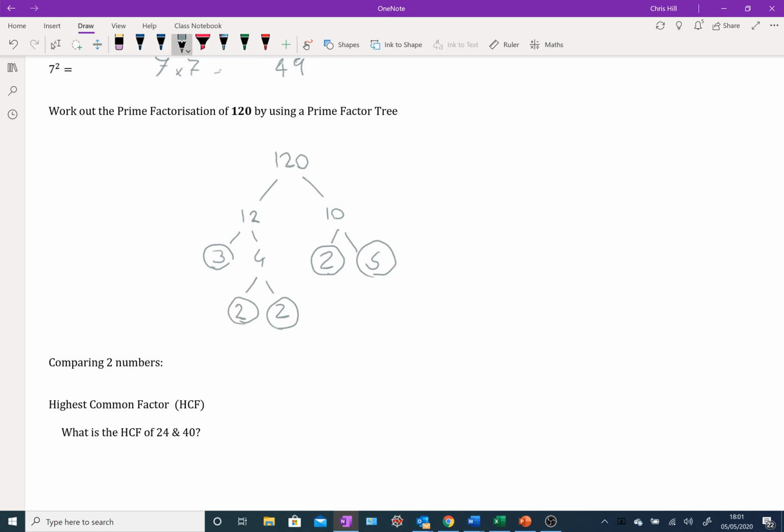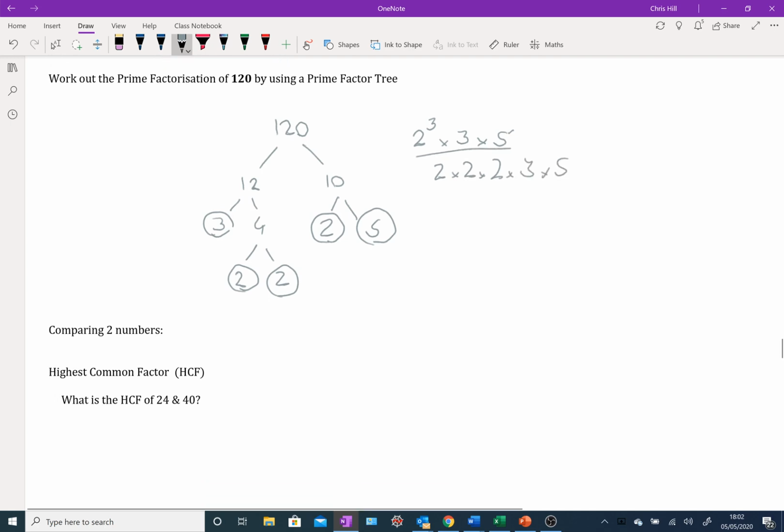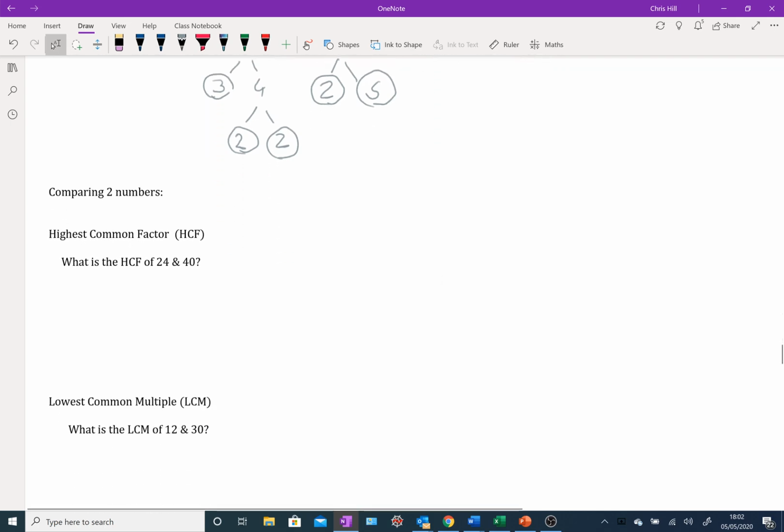So here we can see that for the prime factorization, how many 2's have we got? We've got 3. How many 3's? One 3. How many 5's? One 5. So that would be the prime factorization. You could also write this as 2 times 2 times 2 times 3 times 5. Okay, but I prefer to write it with the index. Okay, so this leads on to